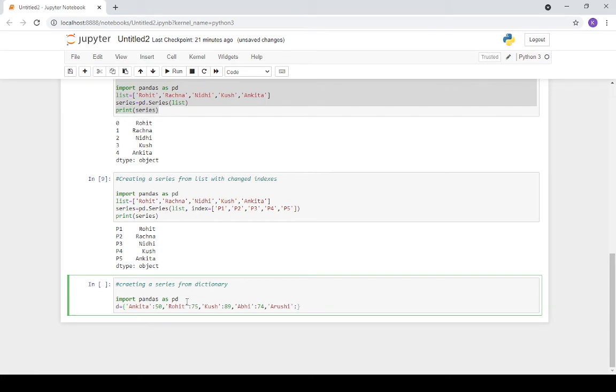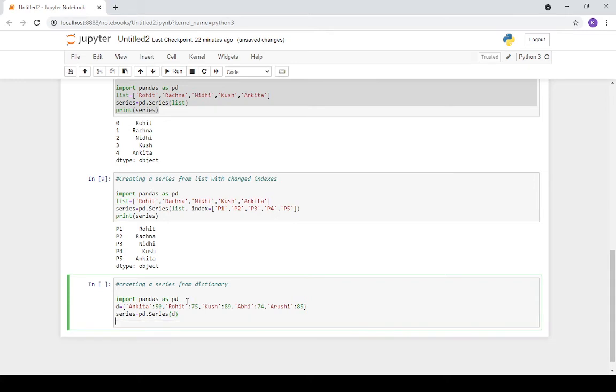Placing any five, it is up to your choice. Whatever you place here, you will get the same. Again, we have to follow: if you want to print the series, you have to declare a variable again. Then you have to follow the function series, and it will get the value from d.